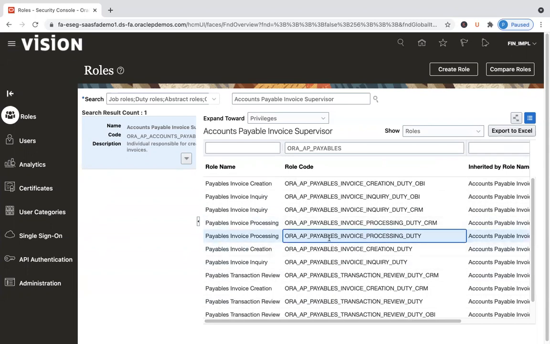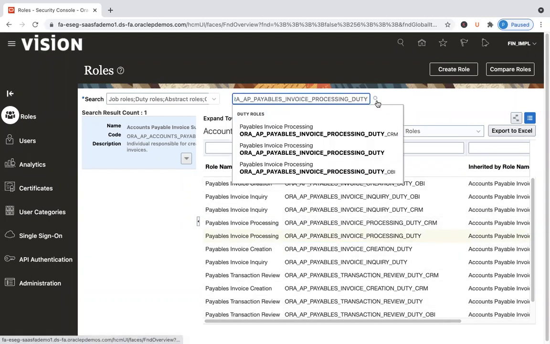This is one of the duties the supervisor needs to perform, and this particular duty would require him to perform certain tasks, right? So those tasks would have been added as privileges to this particular duty. So what you could do is copy this, and you could also search for the duty role definition here. So a single job role can have multiple duty roles assigned. And if you search for a specific duty role,